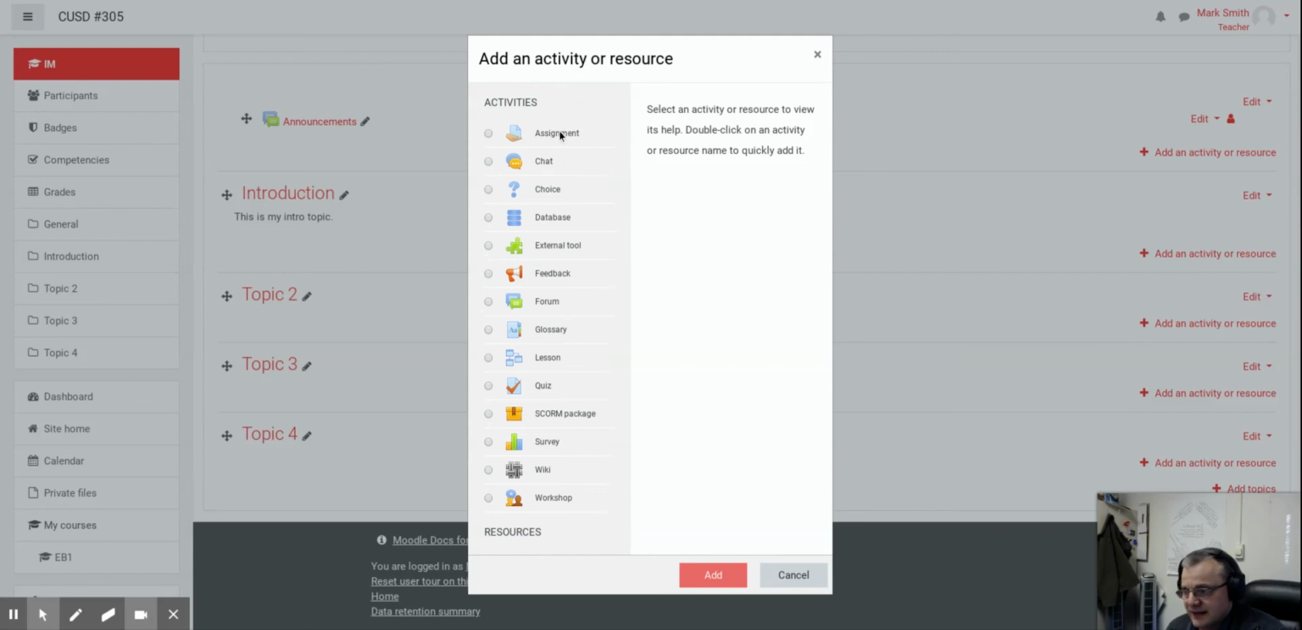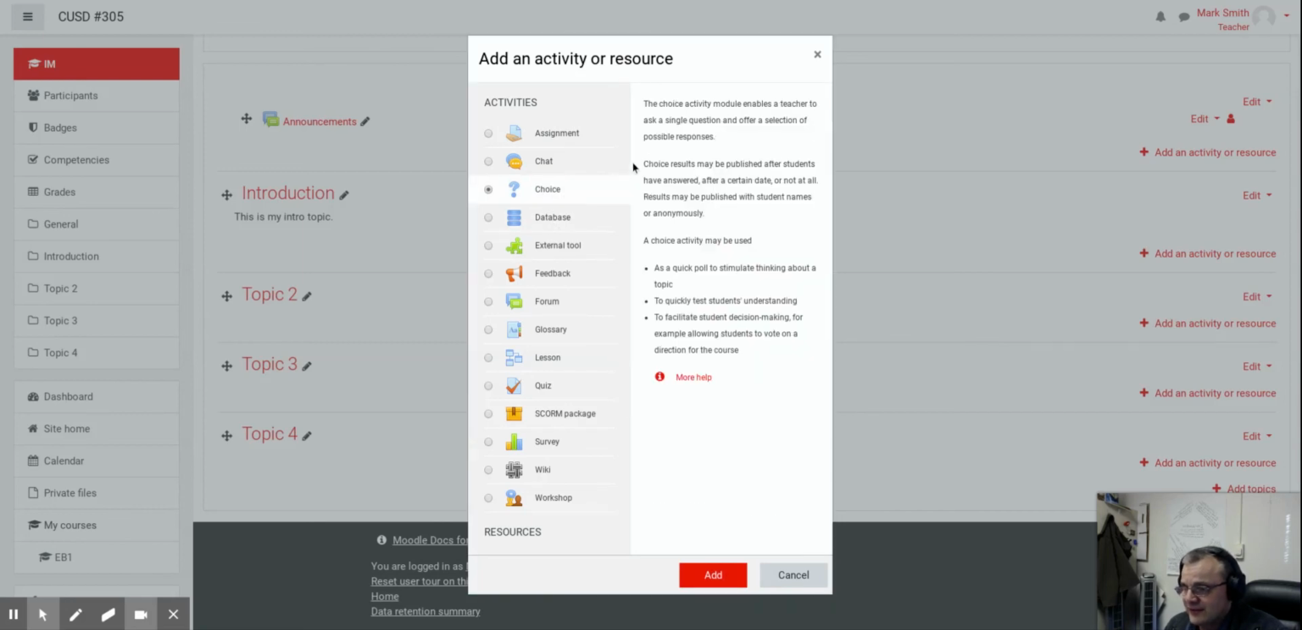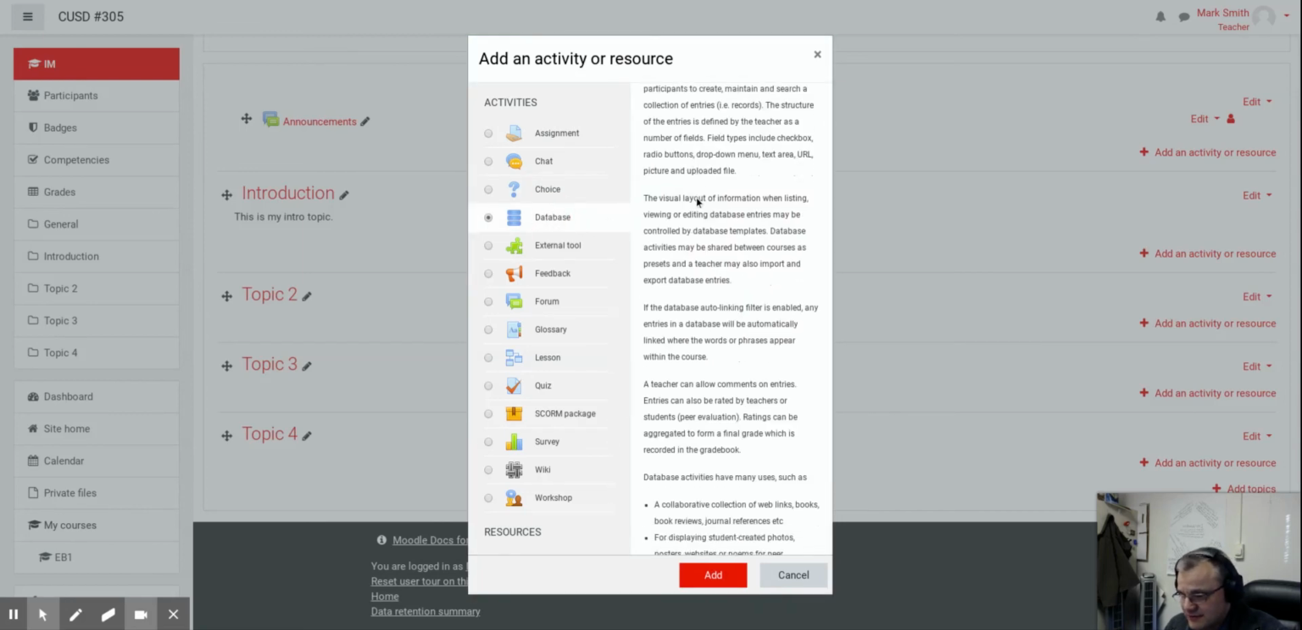So you can make an assignment which allows students to upload files if you want. They can actually just type right there, or put in a link to a Google Doc that's their assignment, however you want to do it. You can assign a chat where they can interact. You can give them a yes or no choice. Do you want to do A? Do you want to do B? The database is really a cool one, and if you click on these, it gives you a quick, sometimes quick,